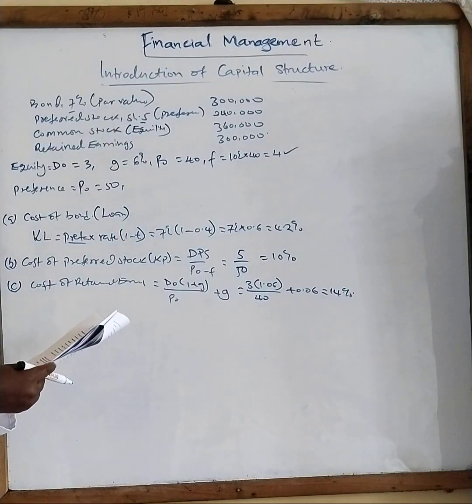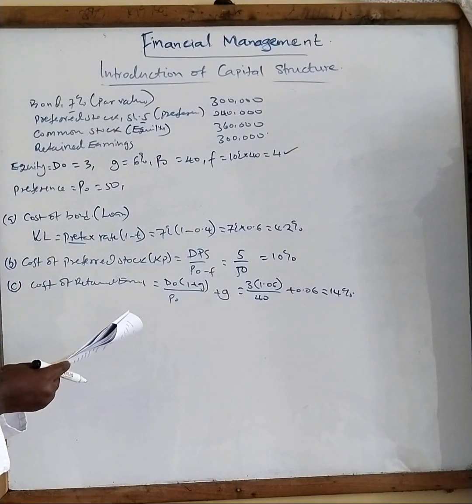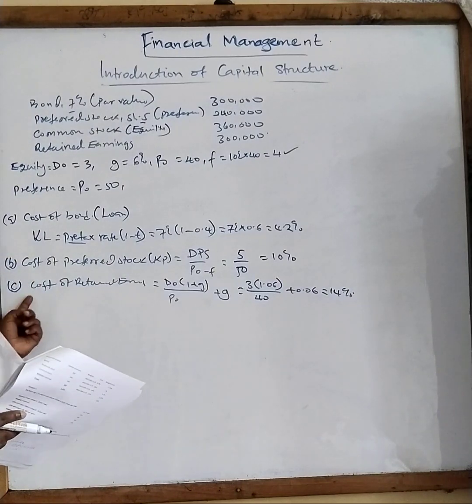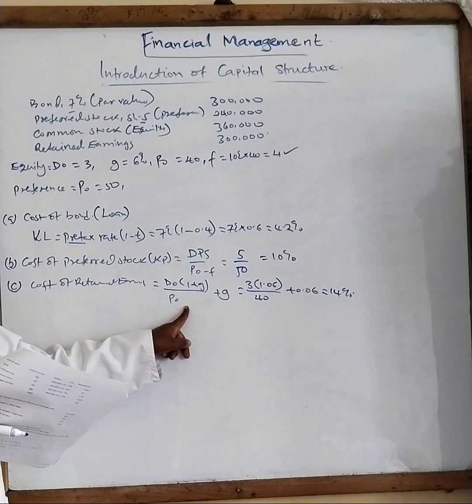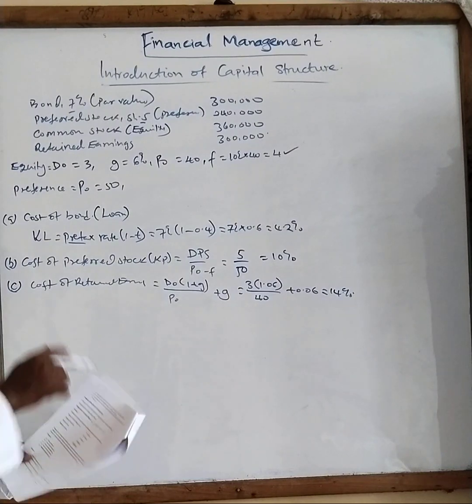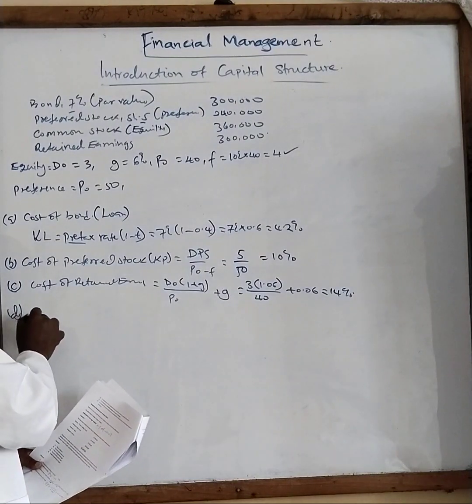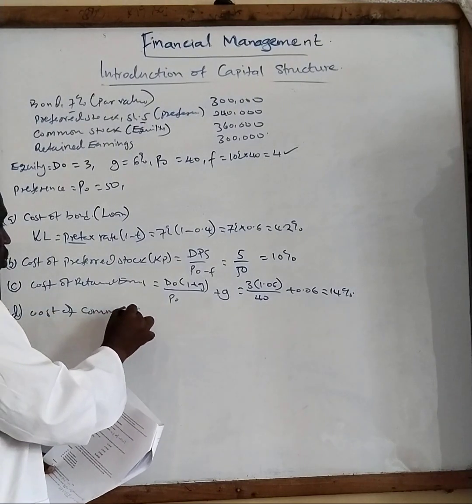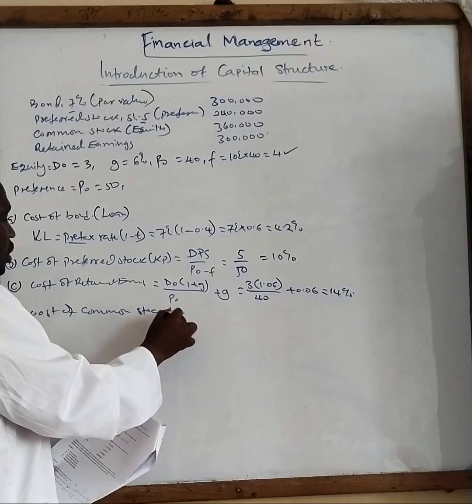Next, cost of new common stock. Now, remember, cost of retained earnings does not affect what? It's not affected by flotation. So the cost of common stock, which is equity,